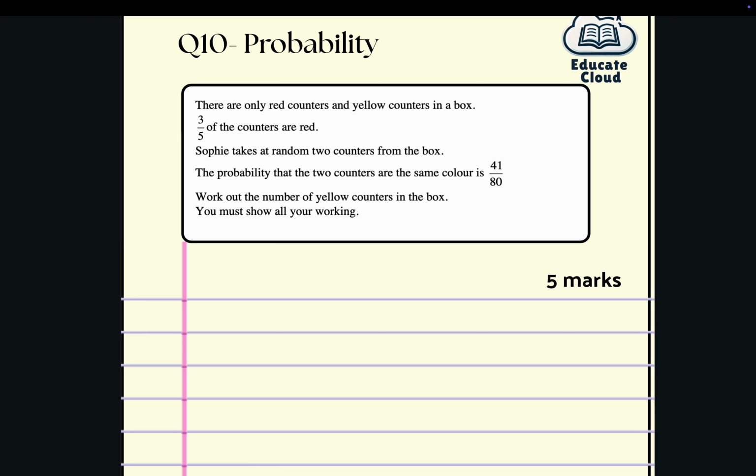Okie dokie. So what we would do here is, you could do it in multiple ways. You could draw a tree diagram. So red and yellow counters. Red is 3/5. So yellow would obviously be 2/5. And then if you take 2 counters at random from the box, you would need to think of it as